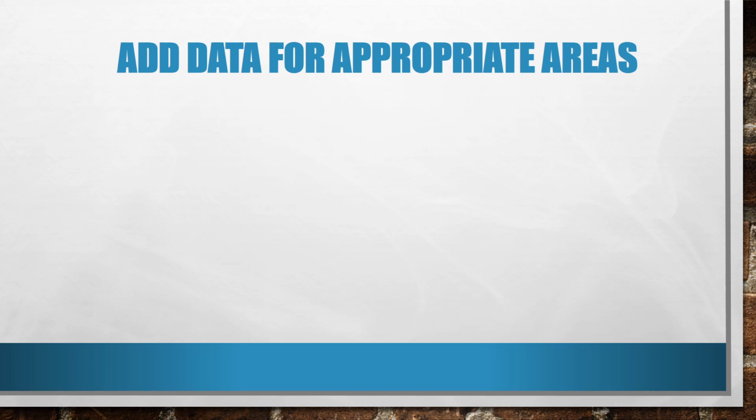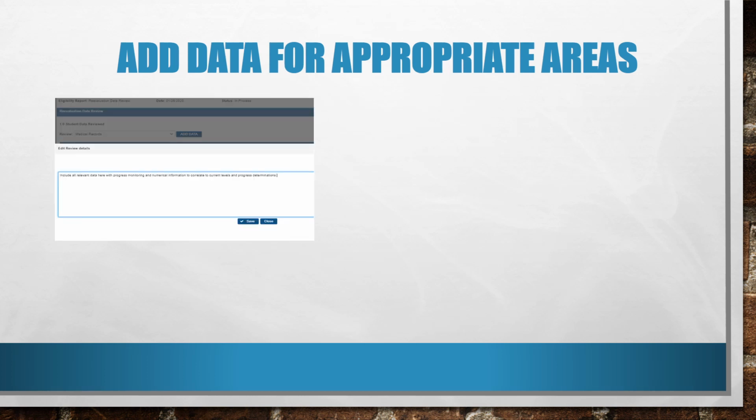When adding data for appropriate areas in the RDR, be sure that comments are included for all domains which are pertinent to the existing or current disability areas first, and paint a picture of where the student is currently performing. For example, medical information, background, diagnosis, etc. should be included for a student under OHI or OI eligibilities. Adaptive skills such as dressing and toileting or functional communication areas should be included for students with intellectual disabilities.